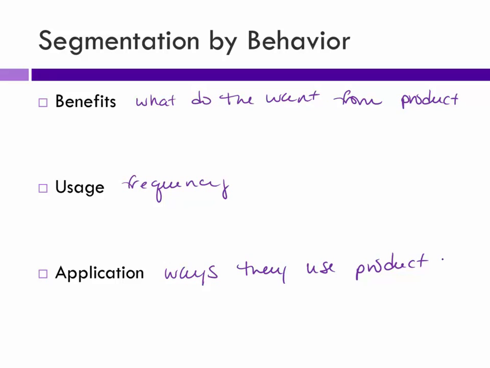Baking soda, I think I've used that one before, but maybe I use it for baking or maybe I use it for cleaning, and so different customers are using that product in different ways, and so I'll segment them that way. So knowing what customers want, how often they purchase it, and how they're going to use it helps us really break out. I'm not saying we're going to pick only people that use it this way. I mean, we might, but really we might market differently to people using it in different ways.